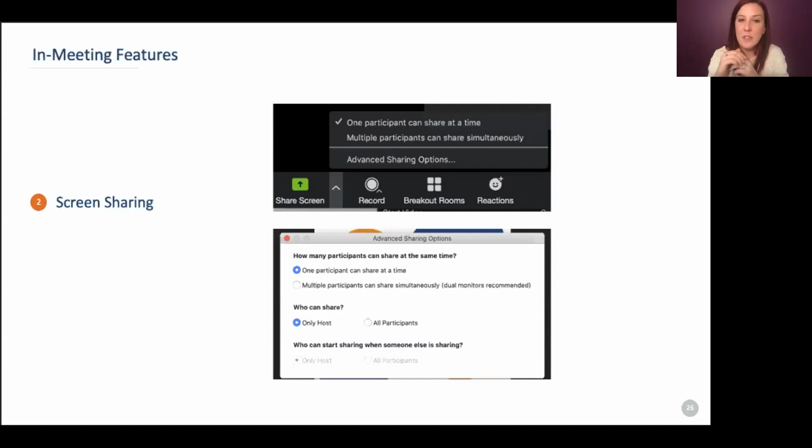And then one thing I wanted to note while we're here is, if you'll notice at the bottom, this section is grayed out. And that's because at the host account level in the web portal, I have disabled the ability for anyone to share while someone else is sharing. If I had not disabled that, this would be an option. But if you ever encounter something within the desktop portal that is grayed out, the reason is because it's disabled at the account level in the web portal. So if you want that as an option, you have to go into the web portal to change it.